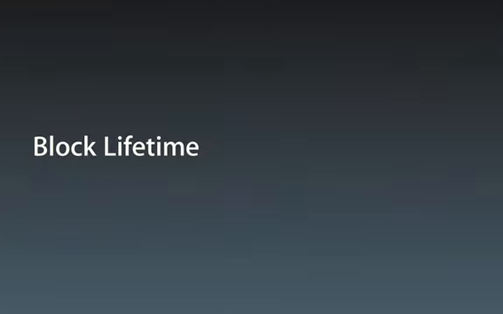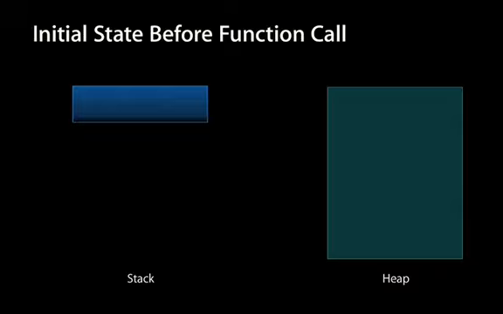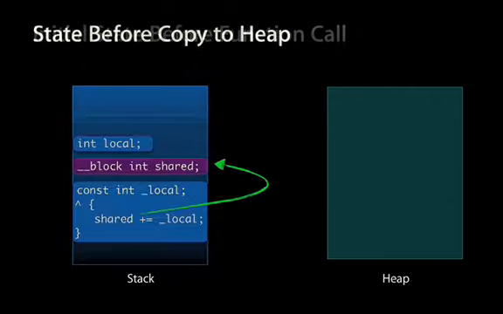Let me talk about lifetime. Imagine we're about ready to call a routine that uses blocks. So we have a stack and we've got the heap. Once we enter the stack, we're going to have an int local. We're going to have one of these under block variables, and we're going to have a block that uses both of them. So once the block is constructed, it makes that constant local copy of int local, and it creates a reference to the stack-based